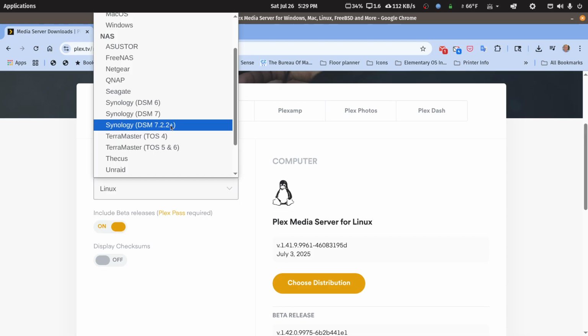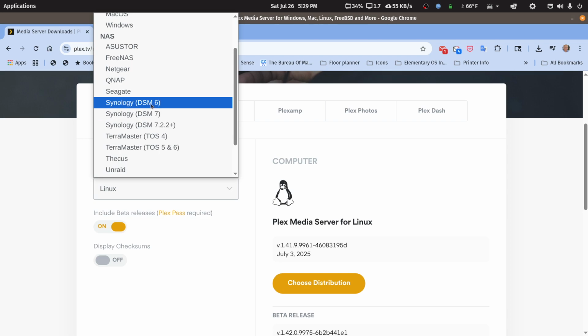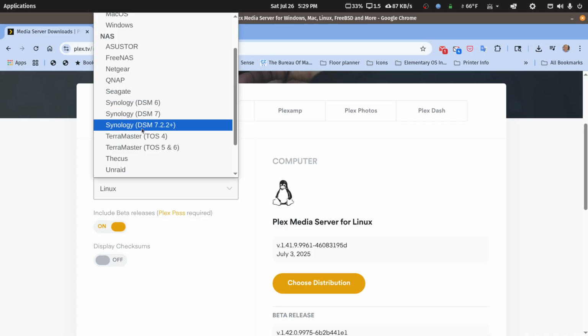Now, if you're running an older Synology NAS that's capable of running either DSM 7 or the current 7.2.2 and beyond, upgrade to whatever you can run first before you install Plex. If you're on an older NAS that can only run DSM 7, that's a separate application install, just as DSM 7 is, and just as DSM 7.2.2 is, because they made changes to how Plex is. So I will click that,